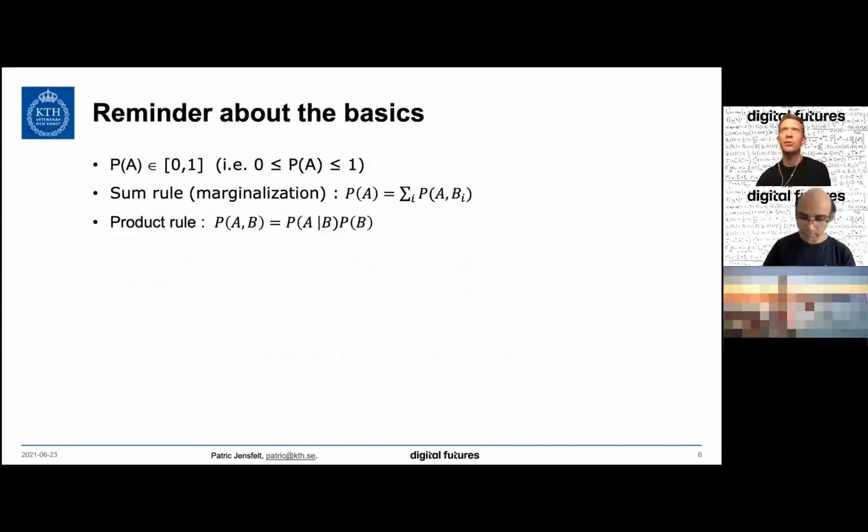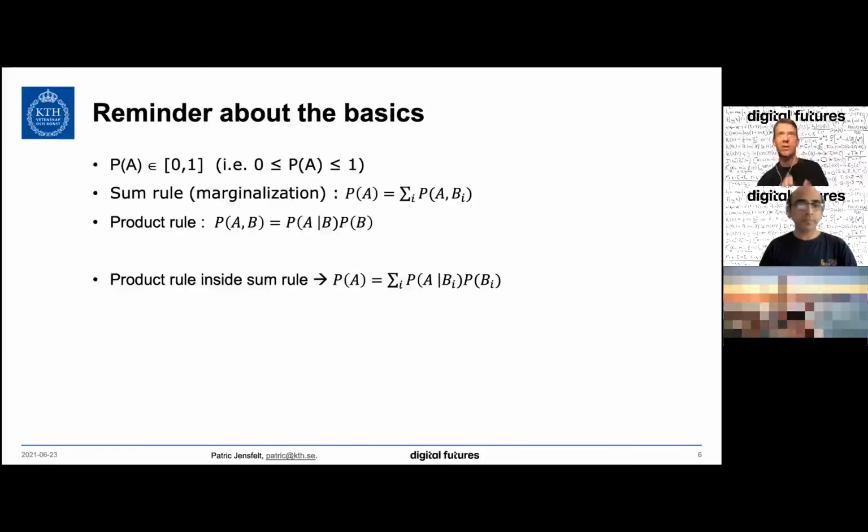We also have the product rule that links the joint distribution with the conditional distribution or probabilities. And if you combine these two and put the product rule inside the sum rule, we get an equation that allows us to express the probability of some event A in terms of conditional probabilities over some variable B_i. So we're basically enumerating all possible outcomes of this B and calculating the sum. All right, so